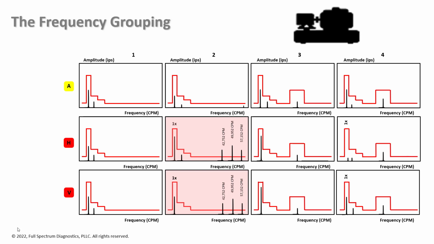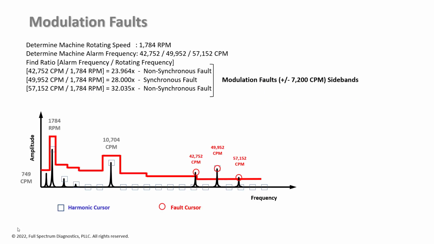Now we got a strange cluster of peaks, and it'll become a lot more apparent what that is in a moment. Rotating speed is 1784. We have alarm frequencies at 42,752, 49,952, 57,152. If we look at these individually, I can take that first one, 42,752, divide it by 1784, I get